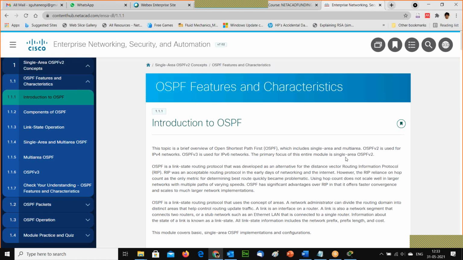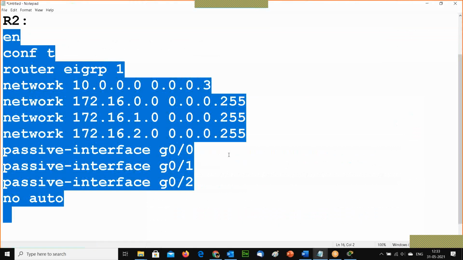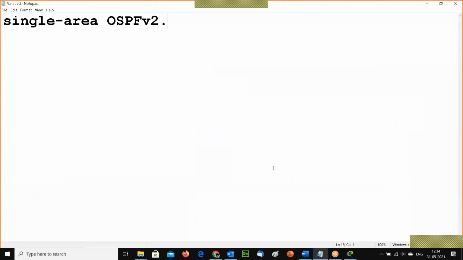Now I am going to concentrate on OSPFv2, that is single area OSPFv2. The configuration will be more or less the same as what we have done in the case of EIGRP.